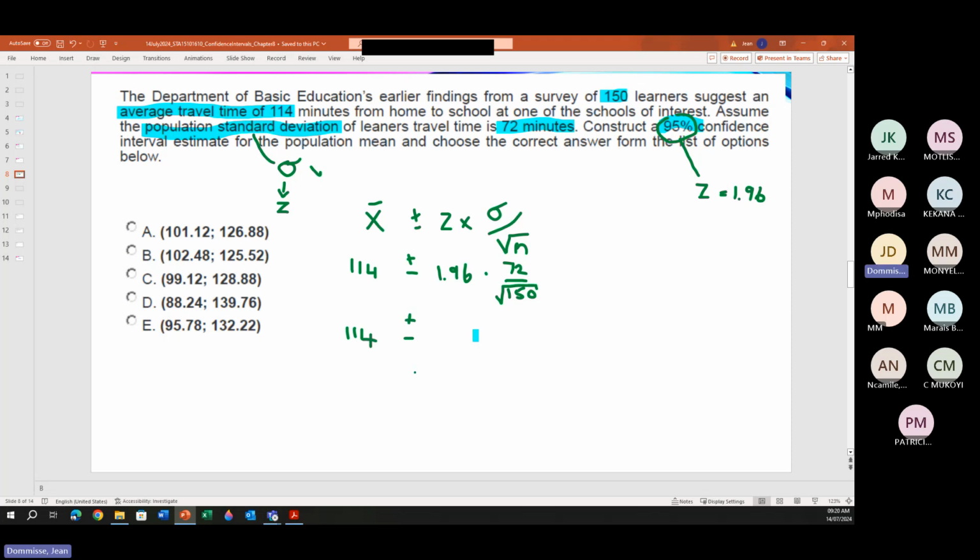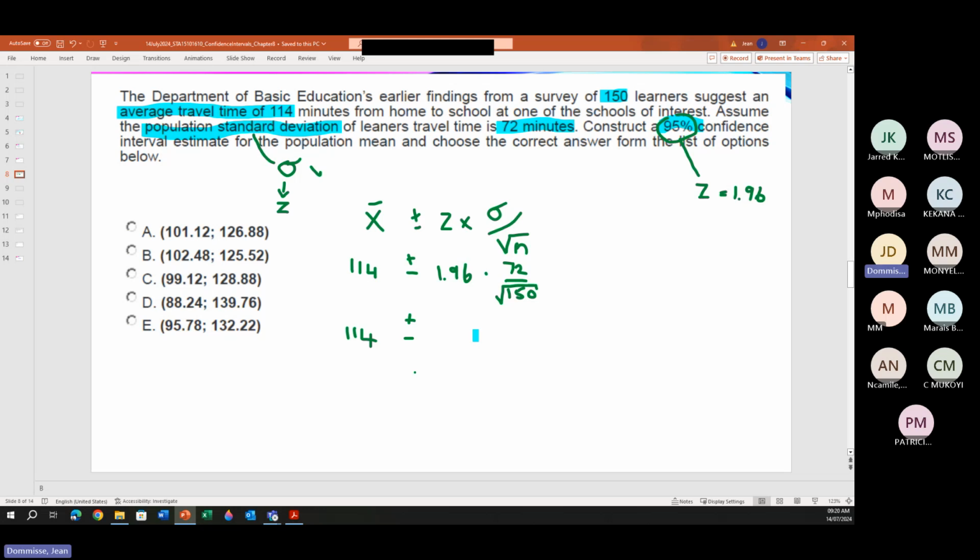We can work it out with a calculator. So the square root of 150 is 12.24. So 72 divided by that,